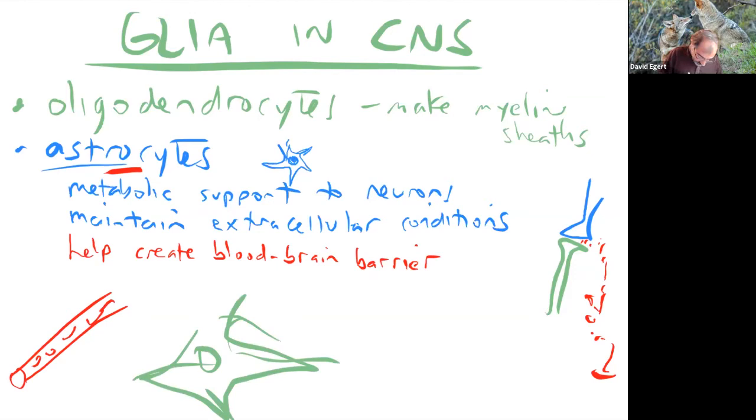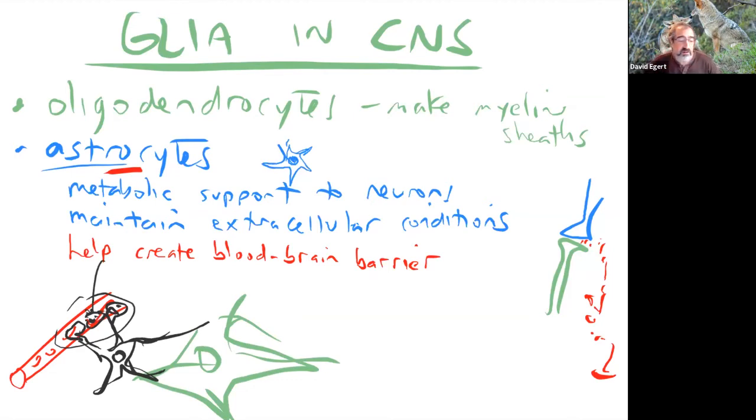The little astrocytes grab on here. And they make a very strict boundary between the bloodstream and the space where the neurons of your brain are. The reason why this is important,